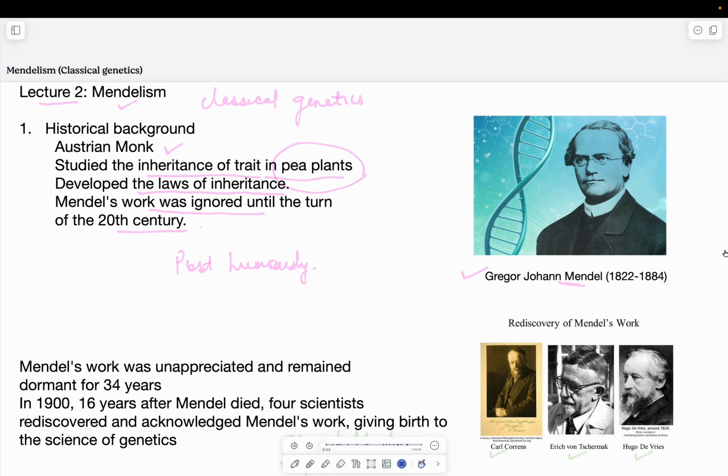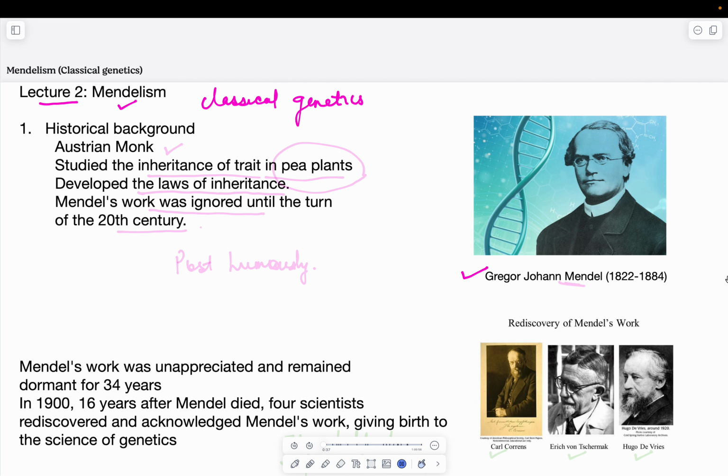In the previous lecture we studied the important terminologies involved in genetics, and in today's lecture we'll start with classical genetics, right? So lecture 2 is about Mendelism, which is also known as classical genetics. Classical genetics is the oldest discipline of genetics, where we will go back and study the